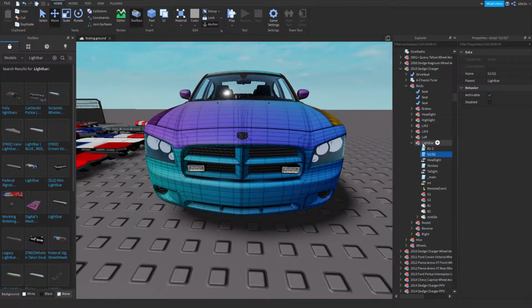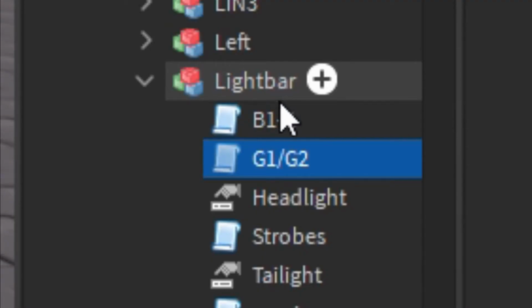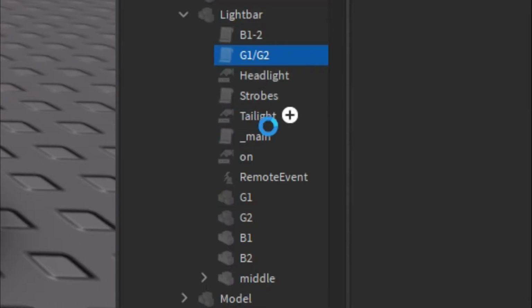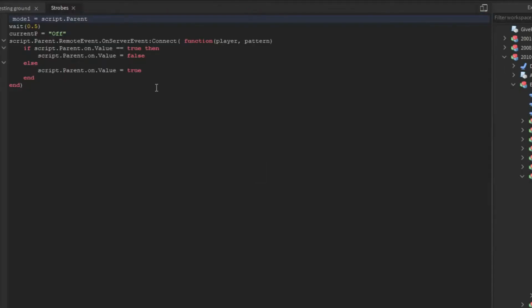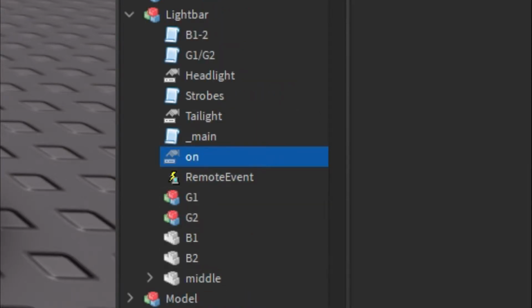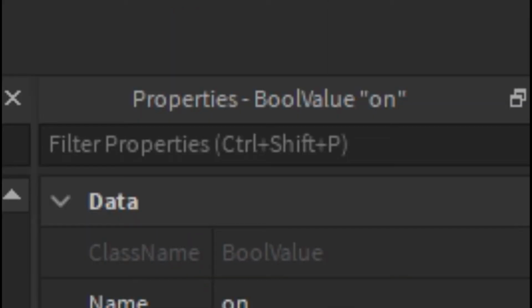And then right in here, you need a light bar piece, and it has to be called light bar. And then you want to have a strobes script that looks like this. You want tail light, you want an on script, and you want a remote event. The on is very important, how you set this. You need to have it on, and it's right above in your